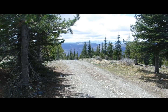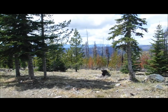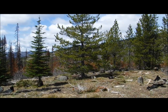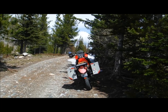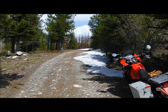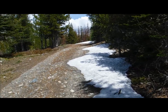So there are the Cascades in the distance there, quite snowy. And this is a burned over area, big fire, I forget the name of it. There's the wee KLR, doing good. I'm kind of scaring myself with all this stuff. And I think we've kind of run into the end of our road up here probably with this snow, because